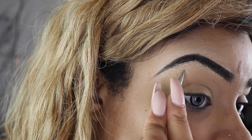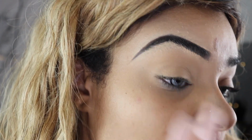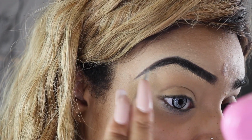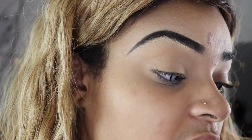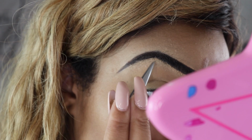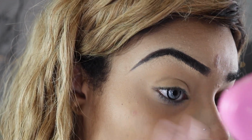So it's all up to your personal preference and what you want to do and what you have time to do. Especially if you are late for work or late for an event, you got somewhere to be, you ain't got time to be plucking your eyebrows like this. So like me, I'm off today finally for the first time in a long time. So I will take some time and pluck out the hairs that I see are not wanting to hide underneath the concealer. See, now it looks a little better. I can still see some, but it's up to you and what you're feeling like doing. So yeah, it looks pretty